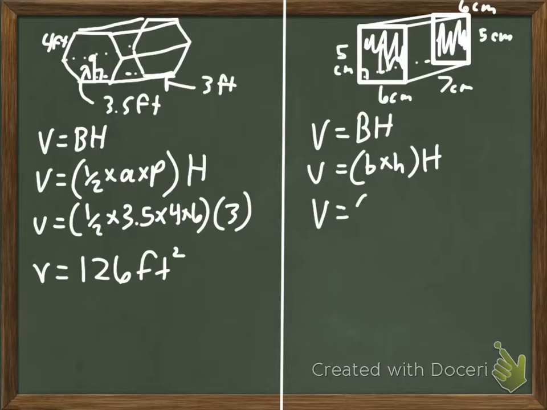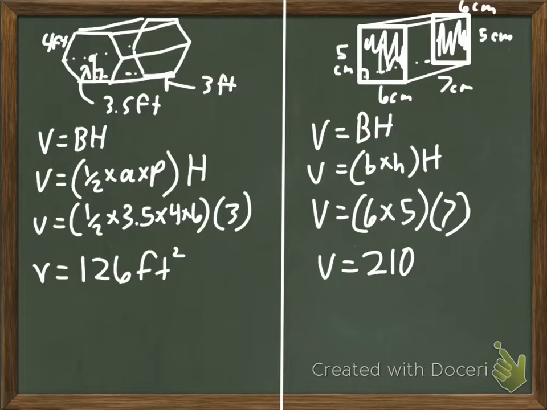So the base of that rectangle is 6, the height of that rectangle is 5, and the height of the prism is 7. We plug this in the calculator and we get 210, and then our units are centimeters